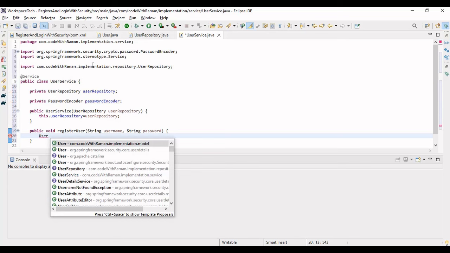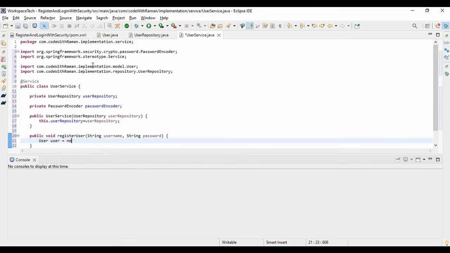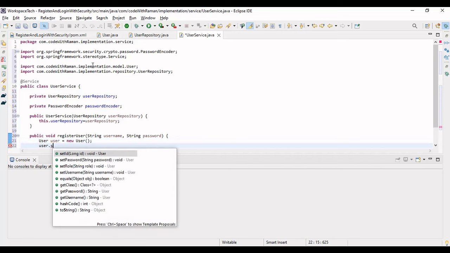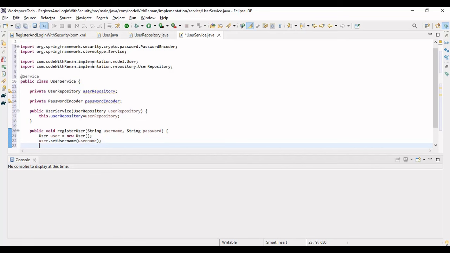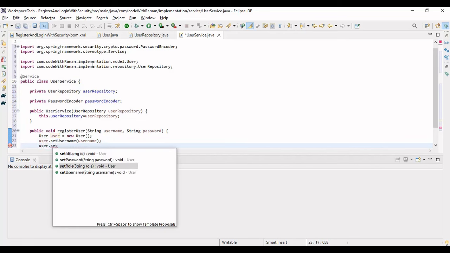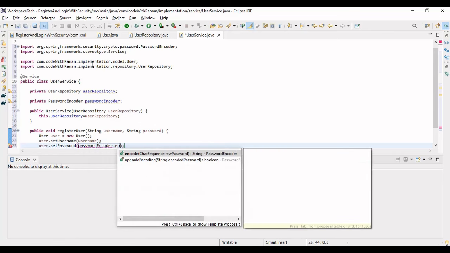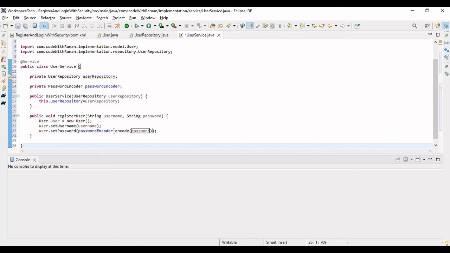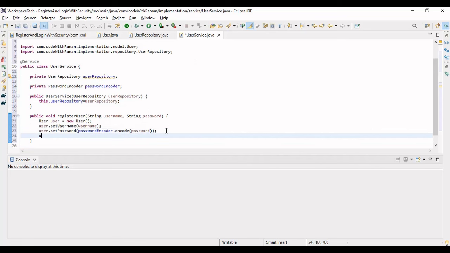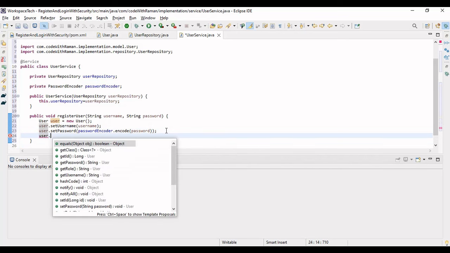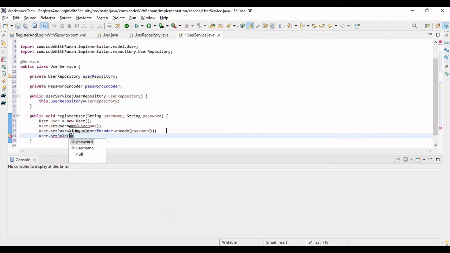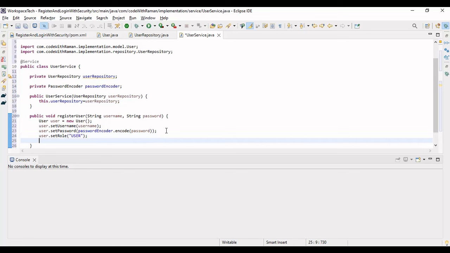So a username and password would be supplied by the controller to this method, and this method would be creating an object of user, right? User equals new user, right? And then we just need to set the username as username, and for the password, user.setPassword, we have to use the encoder. So let me say password encoder dot encode, and in between I'll pass my password. So now my password would be encoded and then saved to the database, right? And then I need to store the user role as well. So I have taken a field called role, and by default I'll take user role as user, right? And then using the user repository, I'll call the save method and I'll pass my user object,